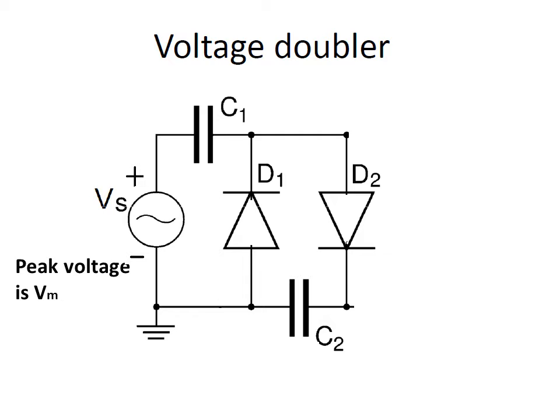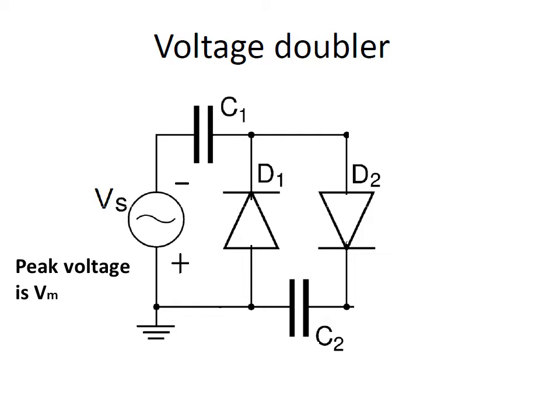At that instant, it is D2 which can conduct, but before D2 conducts and charges capacitor C2, C1 should have acquired the maximum charging. For that, D1 should be conducting, and that will happen only if D1 is forward biased, which happens during the negative half cycle, in which the bottom part of the source is positive. So D1 will conduct, and it will make a current flow in the upward direction and from right to left through C1.